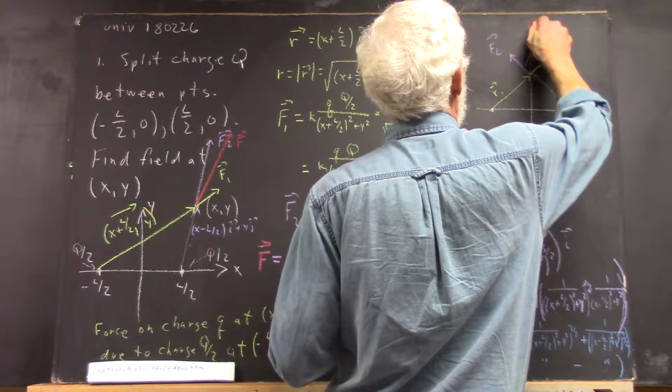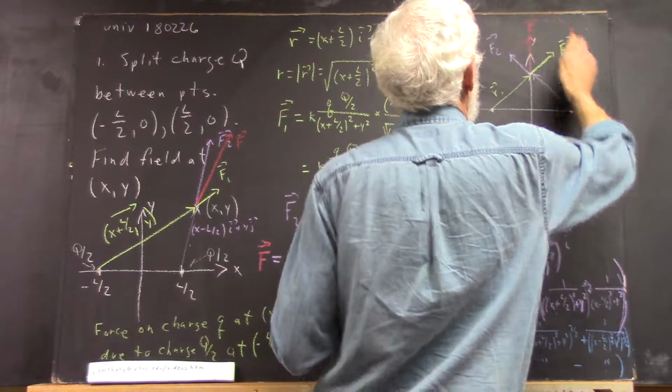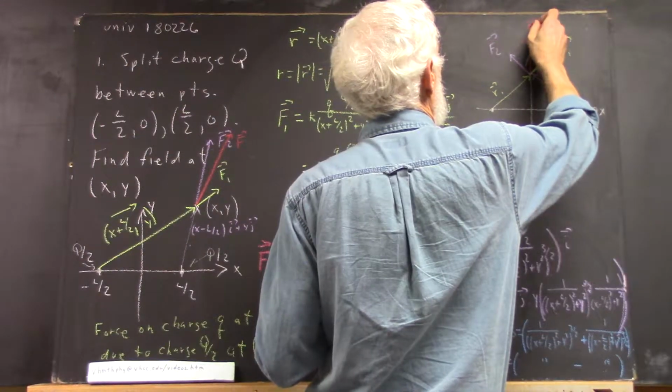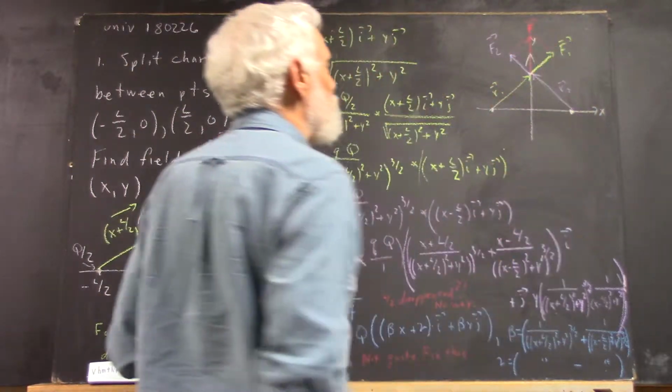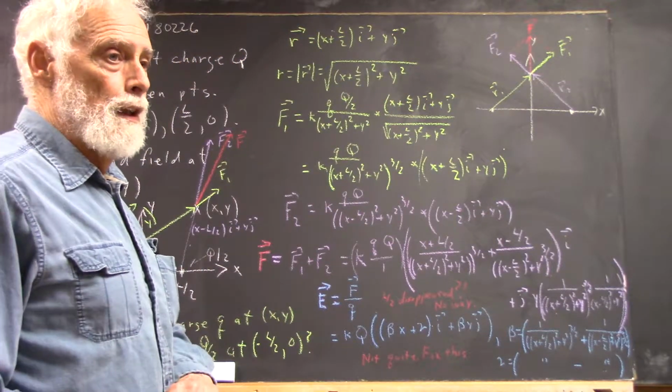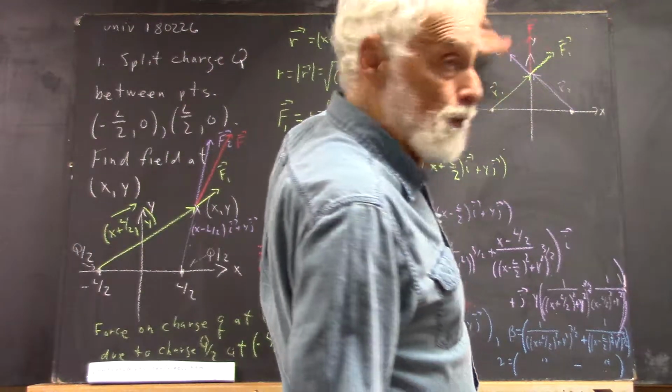And here is our force vector. This chalk seems to have a mind of its own. So I apologize, but we see that there's a force vector, right? And of course, by the geometry of this rhombus,